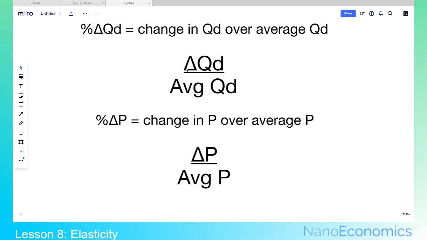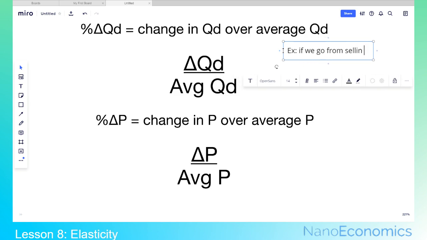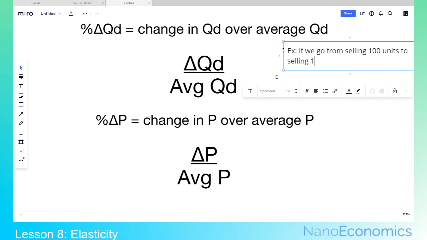That delta, the triangle symbol, is the symbol you'll see for change in. So for example, if we go from selling 100 units to selling 120 units,